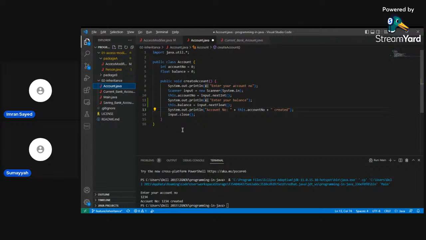Okay. So next it's saying to override the constructor of the account class in the saving. But I think we should call that as initial balance. Enter initial balance. People usually open an account with a certain amount, so that's what it is.